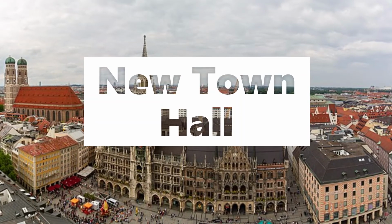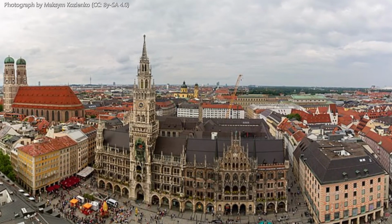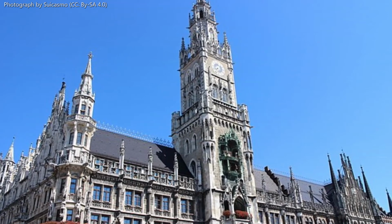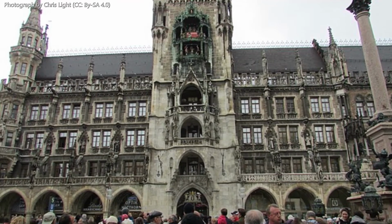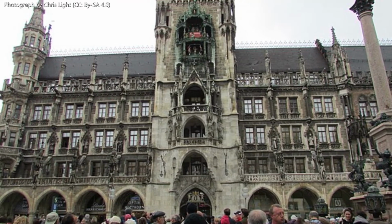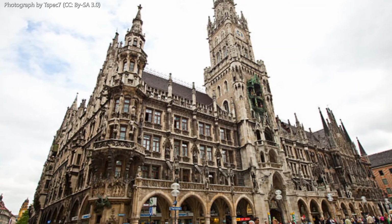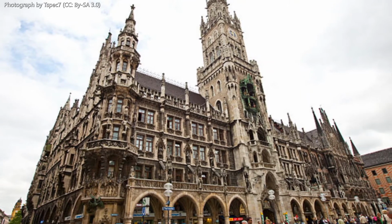Number 3. The New Town Hall. The New Town Hall is the town hall in the northern part of Marienplatz in Munich. The building hosts the city government, including the city council, offices of the mayor, and a small portion of the administration. This new town hall was constructed after it was determined that the old town hall had a lack of space. Construction on the current town hall began in 1867, with the building not opening until over 40 years later